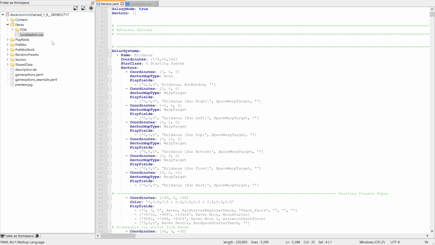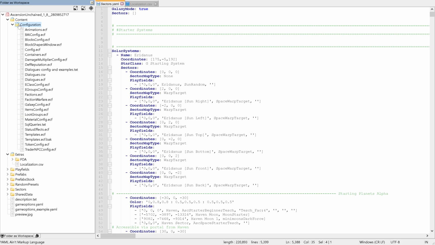Within that folder we have the same structure as the game almost. We have a content folder that looks very similar to theirs. It has a configuration folder and within it the same list of files. If you don't have them, copy and paste them over. But you really only need this list of files that you see in order to accomplish gameplay. So you've got an animations file, you have a BAI config file, this is about the AI, the blocks config,